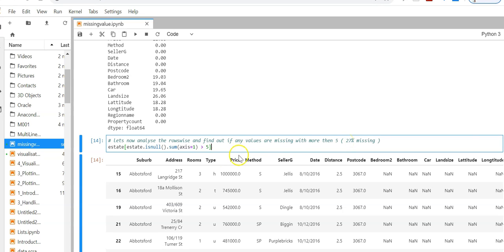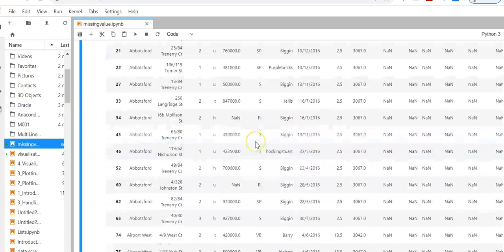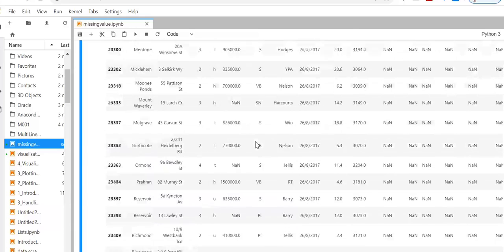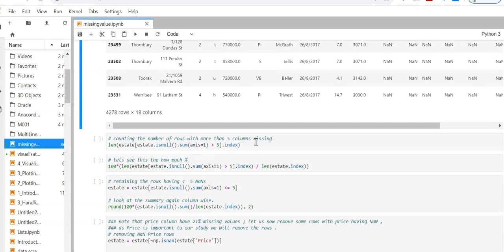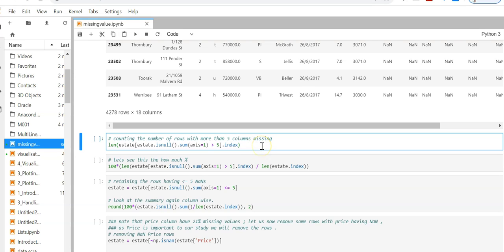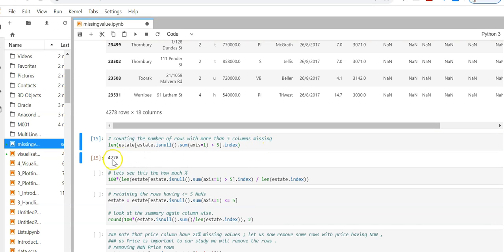That is why we have taken 5. So it's around 4,278 rows which are having more than 5 columns with missing values.